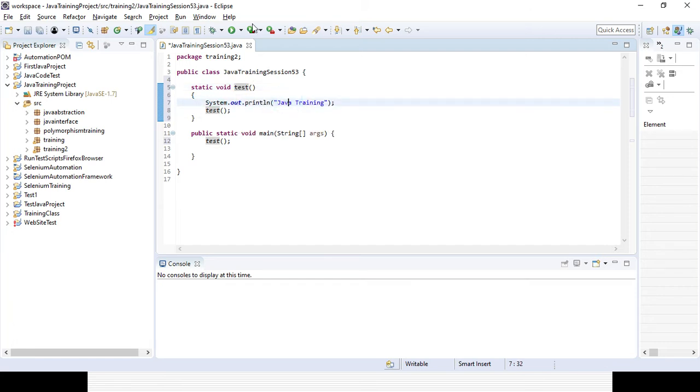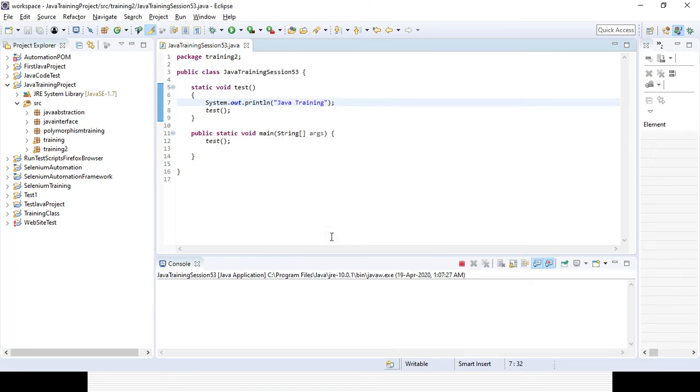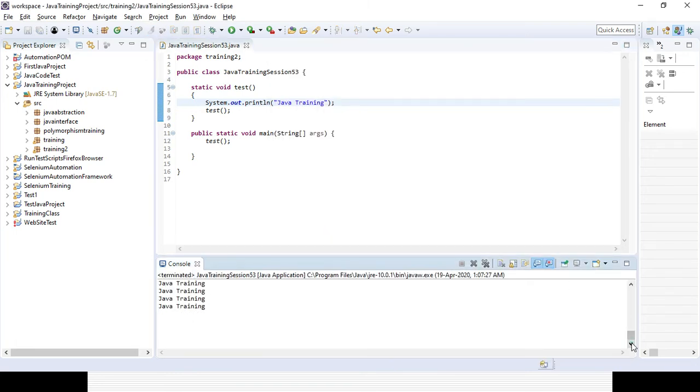If you run the program, you can see that it will print "Java training" multiple times, and at last it will throw an error. Still running. You can see the loop will never end, because we did not include any conditional statement, so it will not stop.